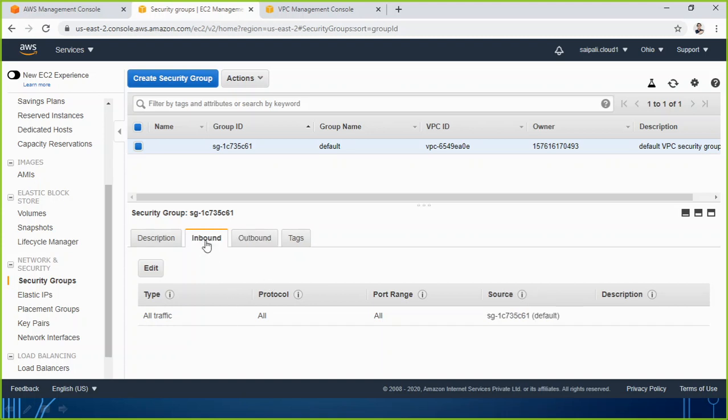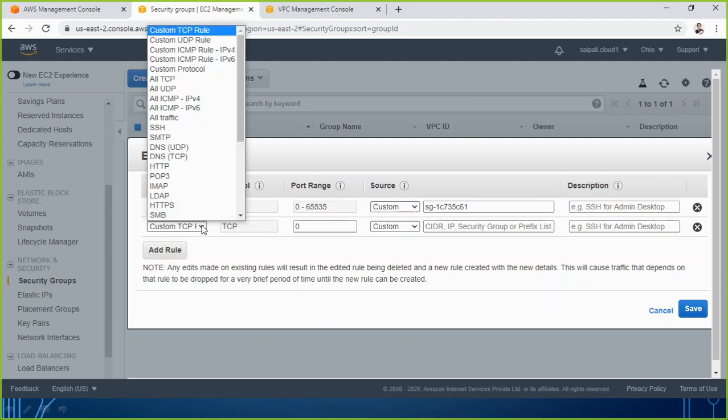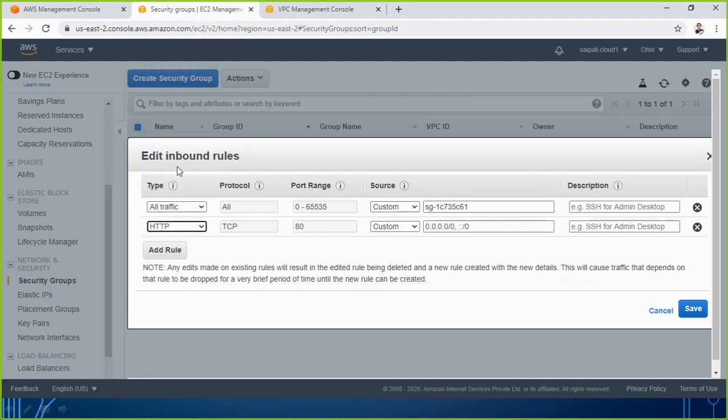So you see here in the inbound rule or the outbound rule, if I go to edit, there is no option to set deny or allow. What you have is that by default everything is denied when you create a new security group. You just have to add a rule. Maybe I choose what type of rule. Maybe I want to allow HTTP, so I select HTTP, set the protocol, range, define the source, thereafter the range of IP, description, but there is no option to set allow or deny here. Meaning that whatever protocol I have chosen, it is only going to make it an allow rule. Otherwise by default every protocol is denied.